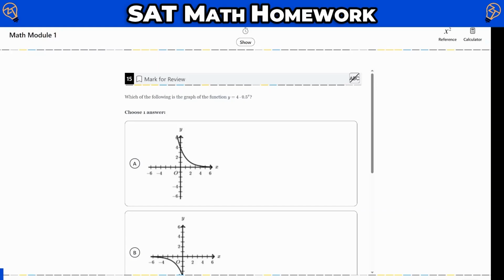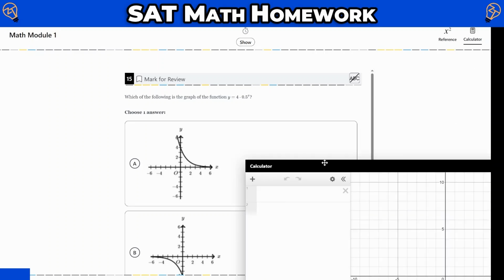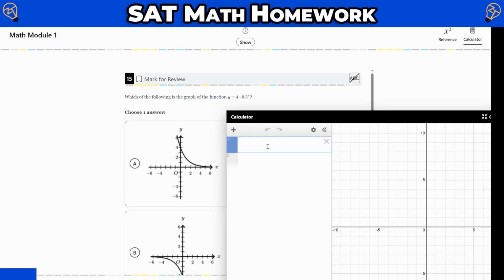Now, if you ever see a question like this, it's just a softball question, nice and easy. They're giving you a function and they're saying, which of these matches? Well, in that case, I would just go right to Desmos and we'll just type it in. You don't even have to put y equals, you can if you want, but I'll put 4 times